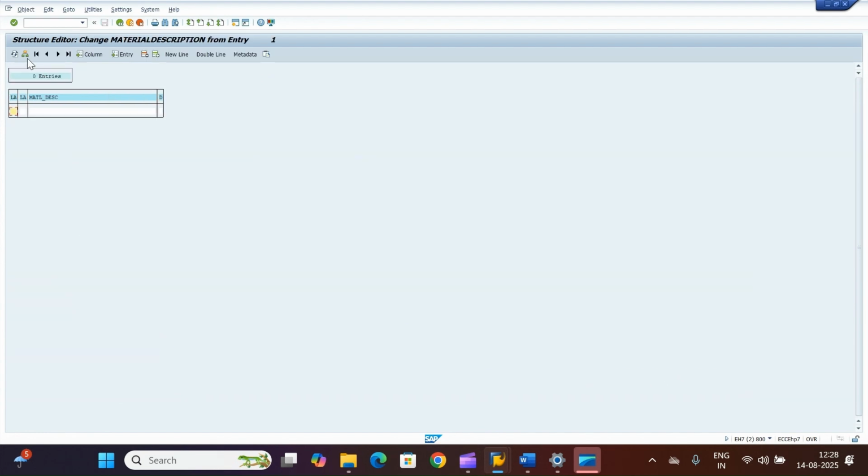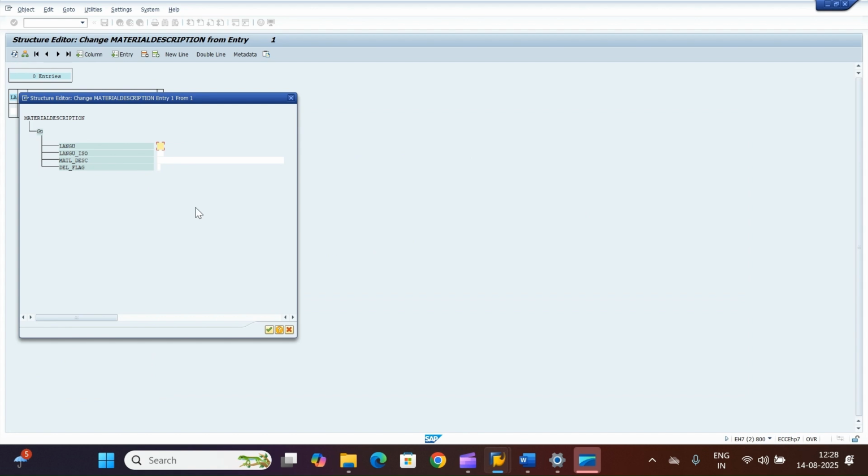So I will click on table, go to single entry. You need to provide the language here. I am updating the material description in English language. Description is test material BAPI. Copy